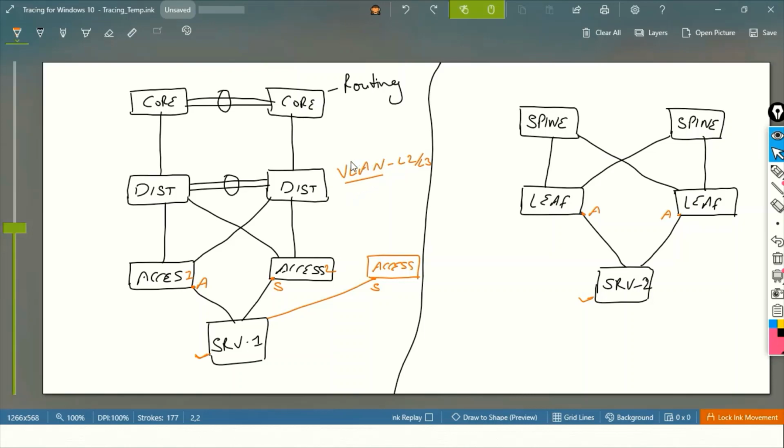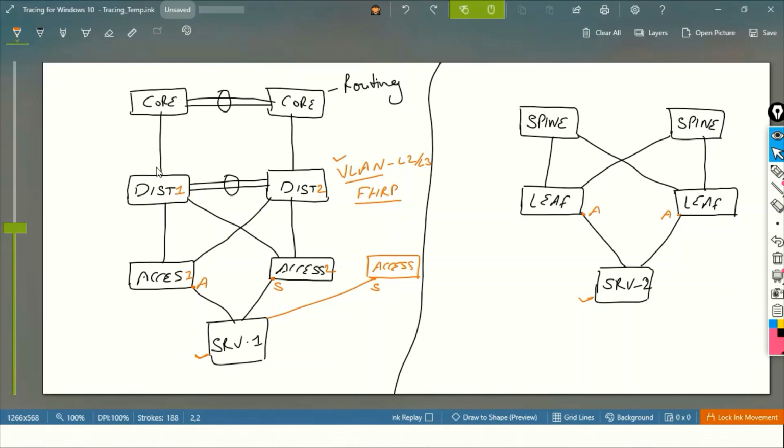And while making redundancy for these VLANs, we run a protocol called first hop redundancy protocol on top of it, like HSRP, VRRP, GLBP kind of protocols. These protocols make this VLAN available in both the switches, distribution 1 and distribution 2, right?